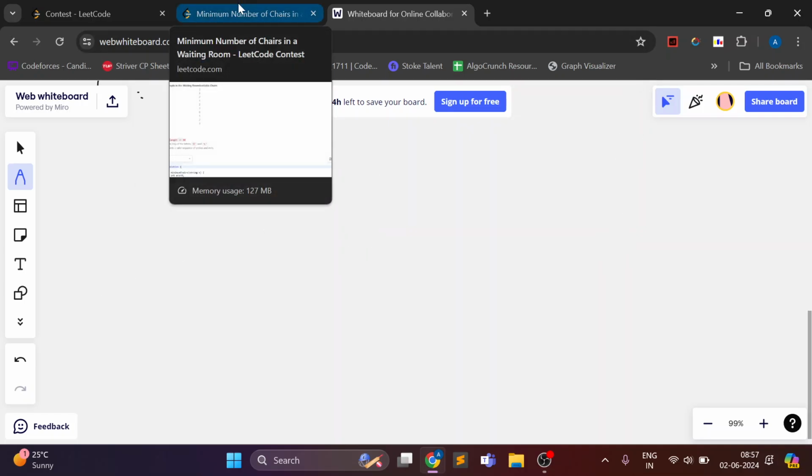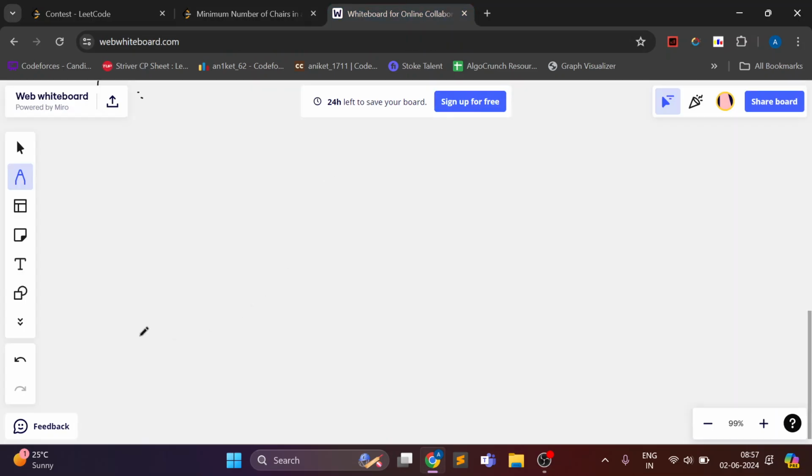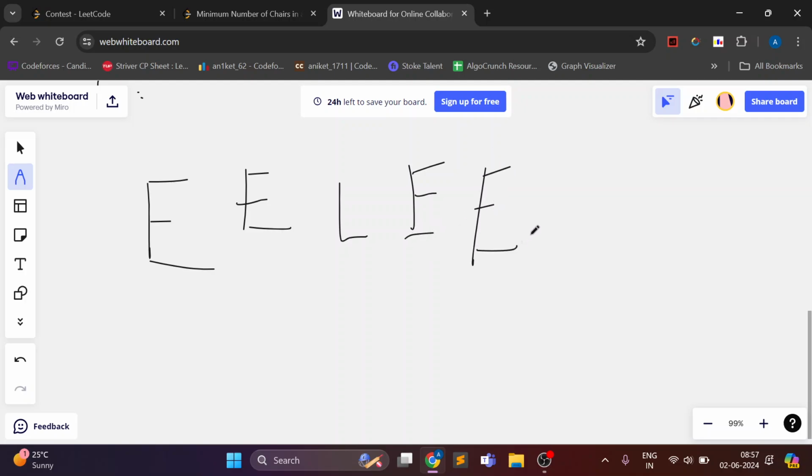Another way to do it is to find the maximum number of occupied chairs at every second. For example, e e e l, let's say this is e again, this is e, and this is l. Now at first there will be one chair occupied, at second 2 there will be 2, at second 3 1 will be freed, so the number of chairs occupied becomes 1 again, at second 4 2 occupied, at second 5 3 occupied,